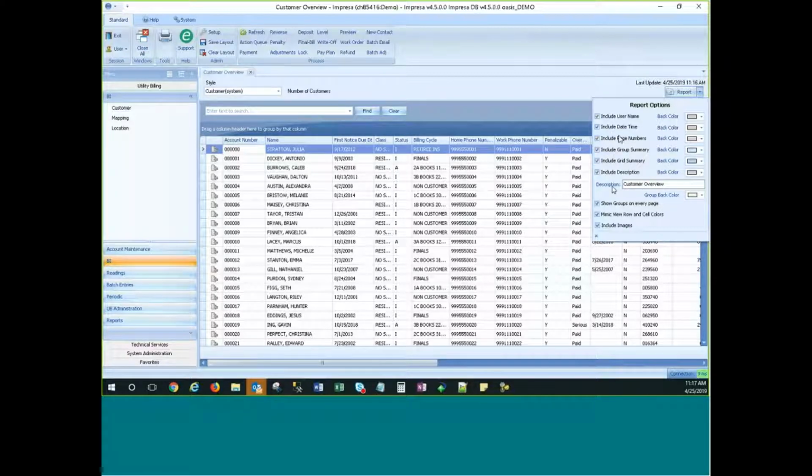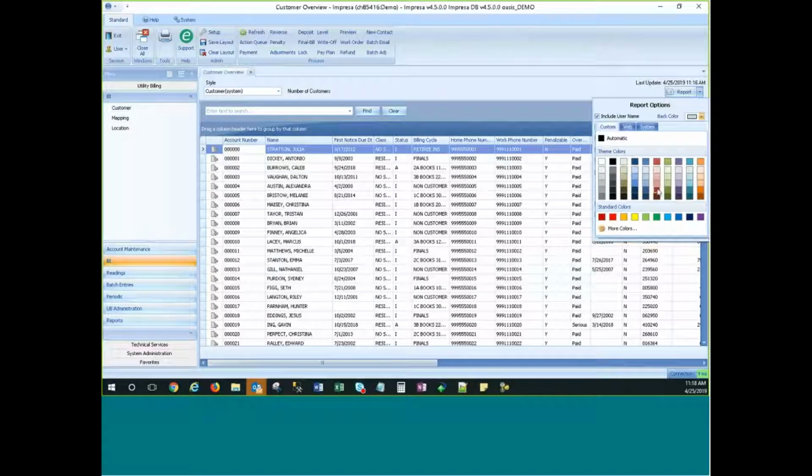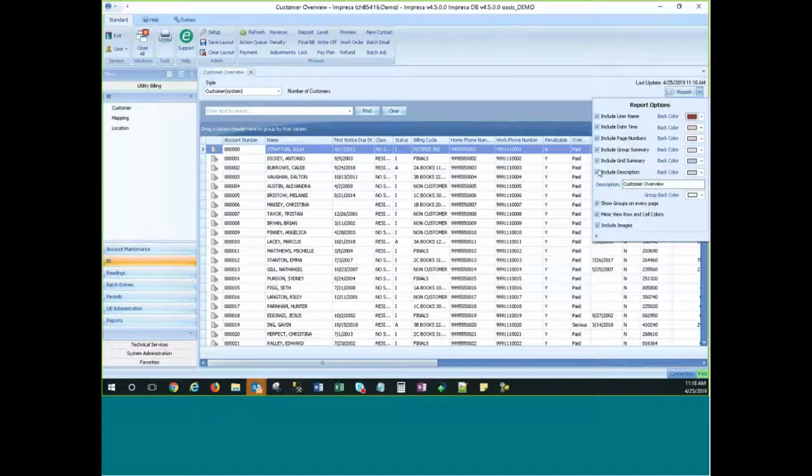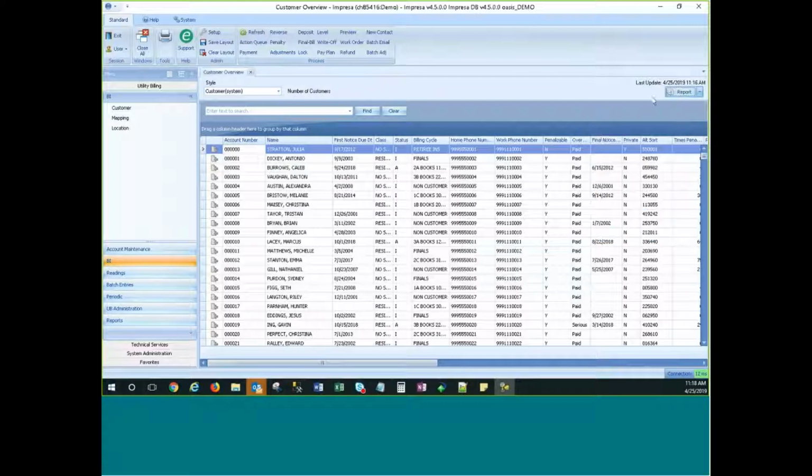I haven't had a chance to actually look at all of this here and see what happens when I uncheck them all. We can change the background color on each of these though. So if I wanted to make the username more noticeable on the report, I can change that background color. When I click off of there, if I want to bring the report up, I'm going to click the report button. This report will contain this many records. You probably don't want to create a report that has this many records because it might take you half a day. So I'm going to go ahead and say no,